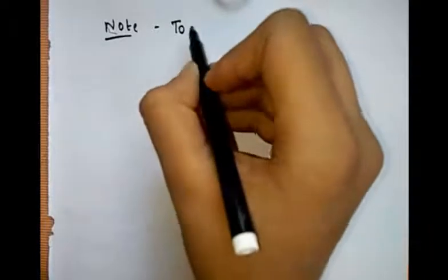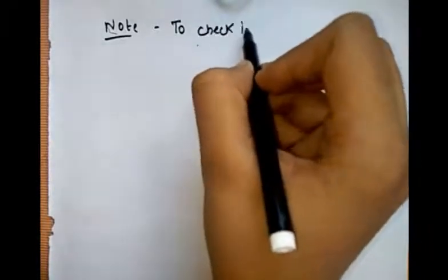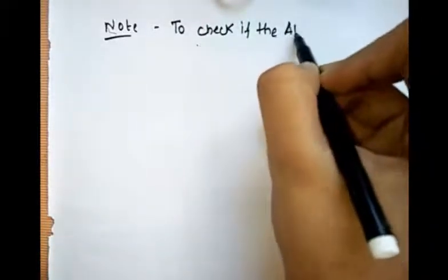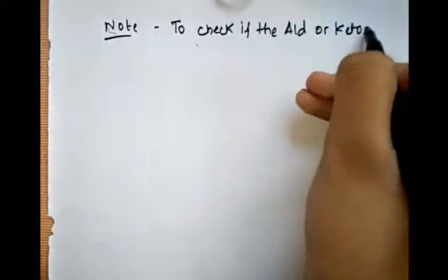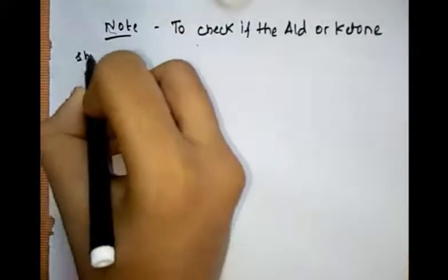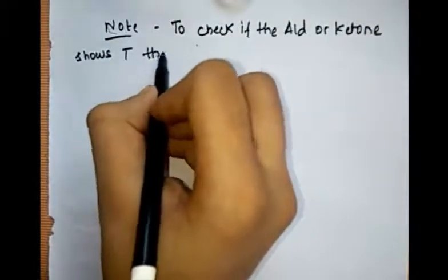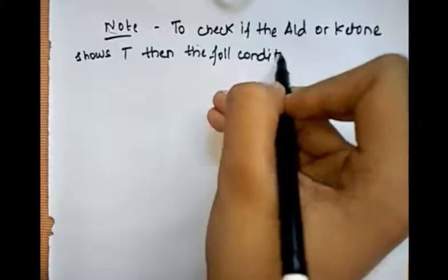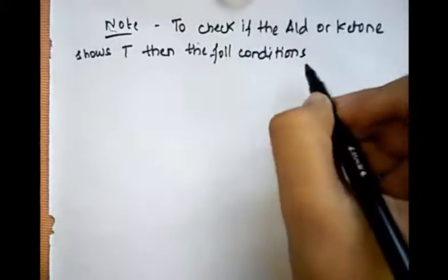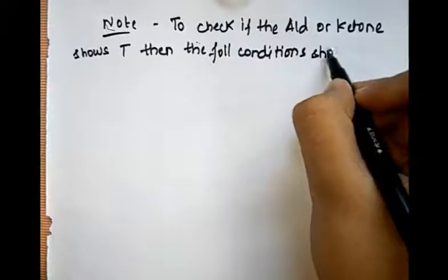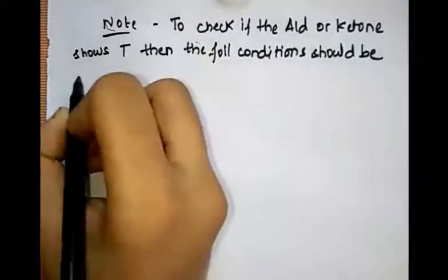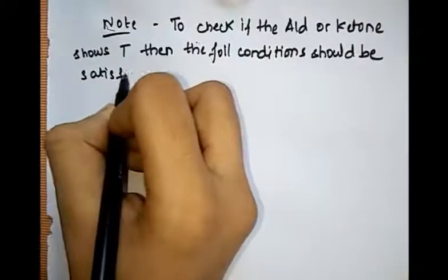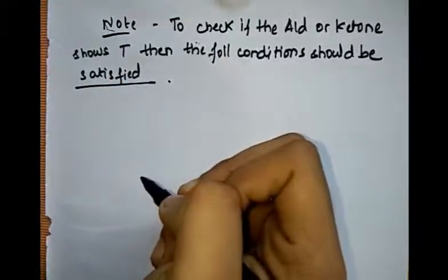So note this: to check if the aldehyde or ketone shows tautomerism, the following conditions should be satisfied. The conditions are: